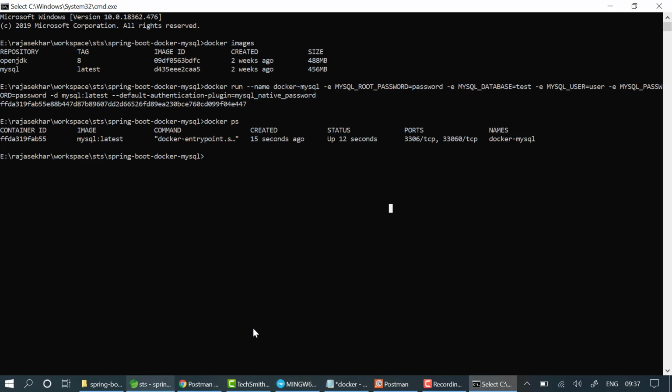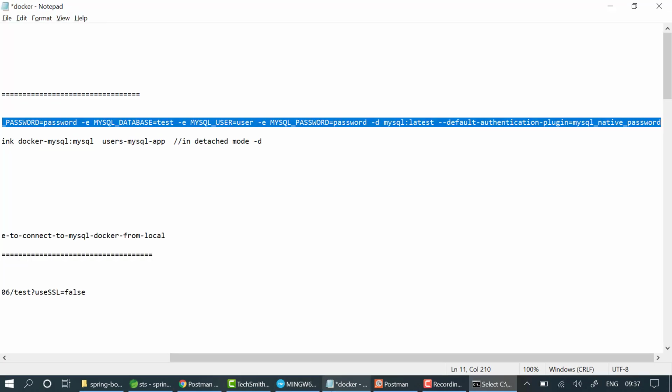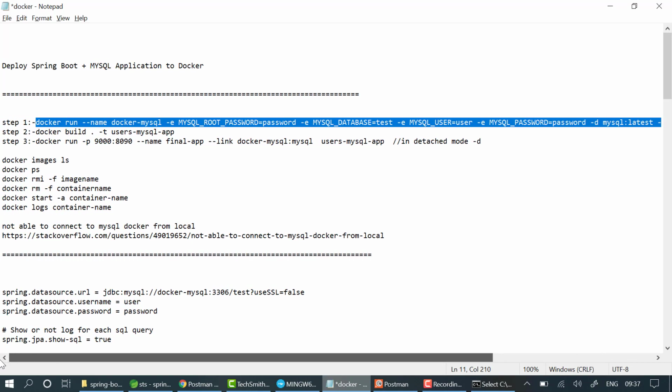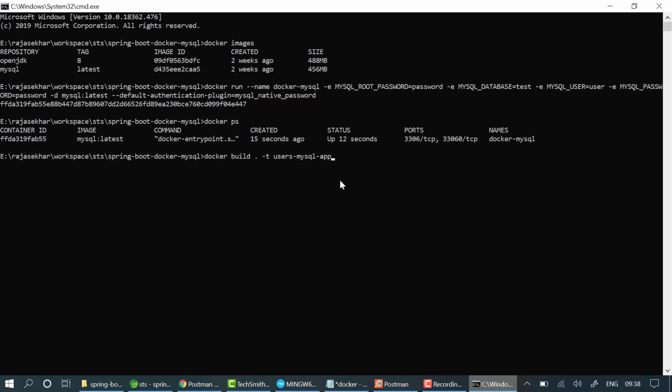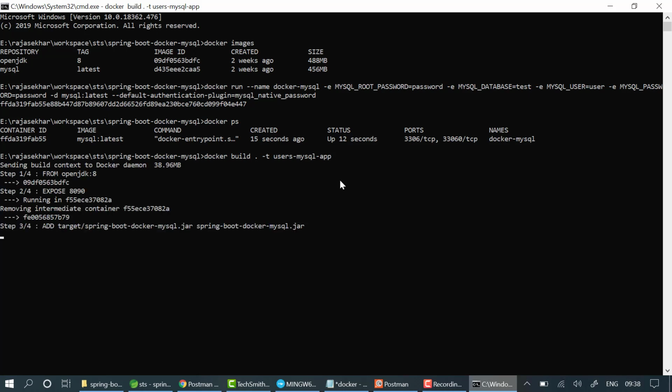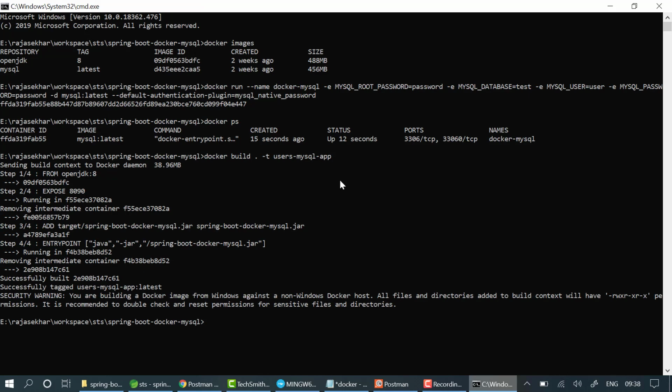What I am trying to do now is build our Spring Boot application. In order to build that, there is a command available, docker build -t. Docker build dot means the current directory, -t users-mysql-app. This is the name I am giving for my Spring Boot application. Click on enter. You can see that all the steps we mentioned in the Dockerfile, it is trying to